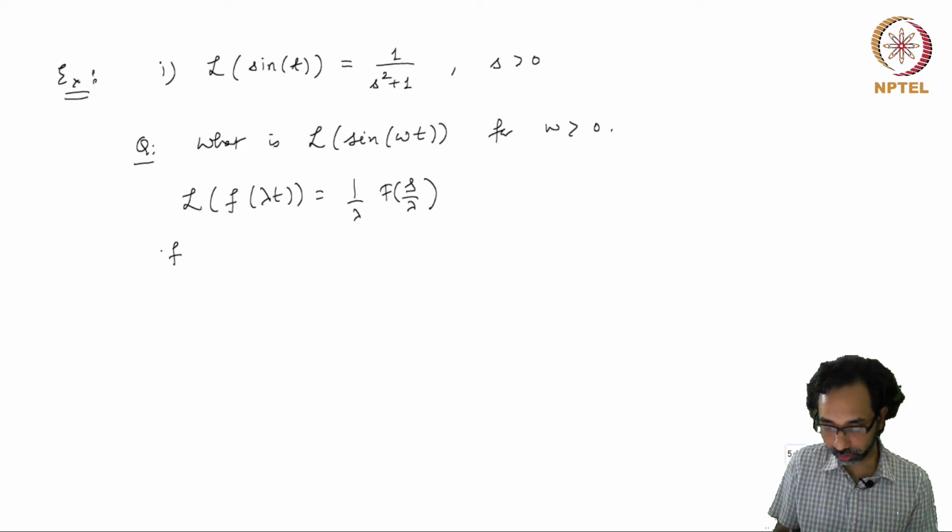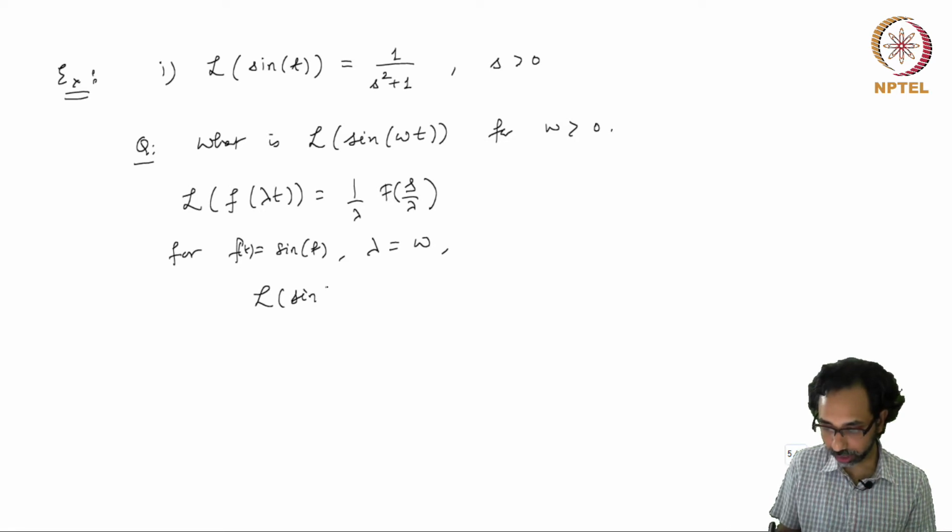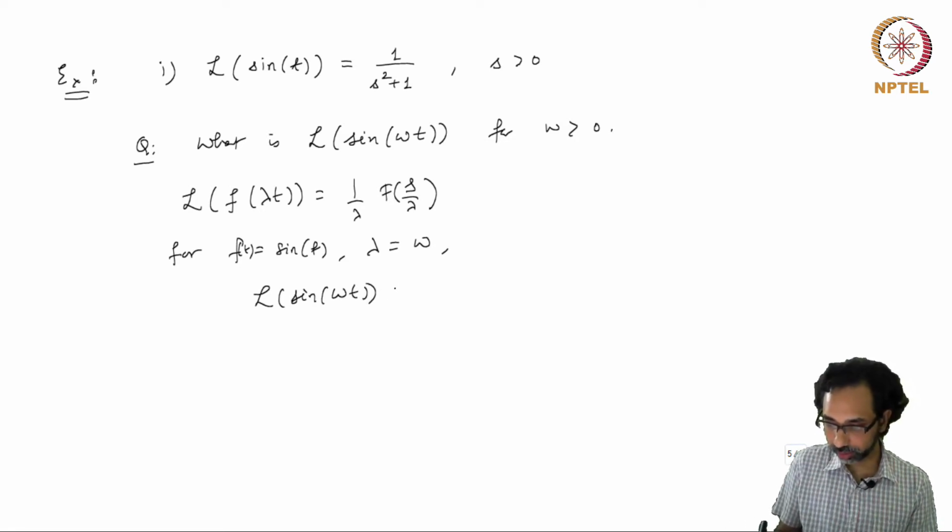So for f t to be the sine function and lambda is omega, we get the Laplace transform of sine of omega t is equal to